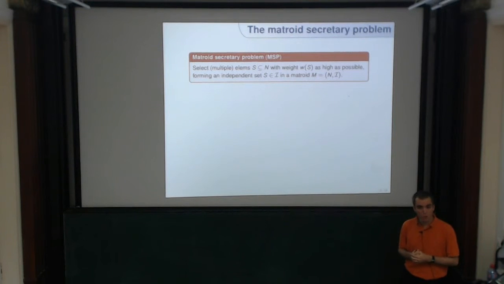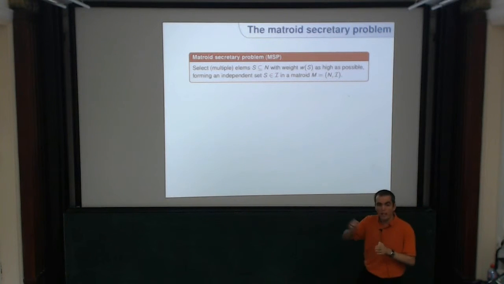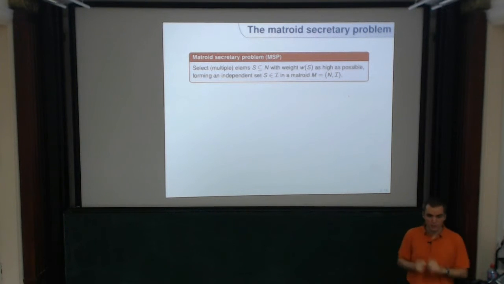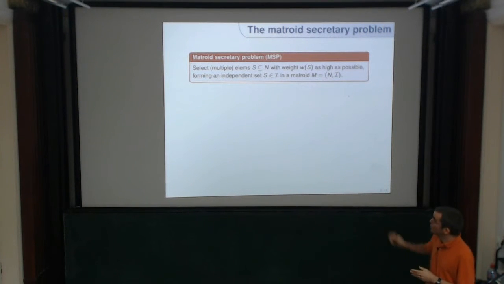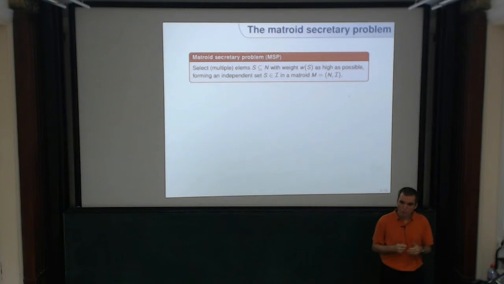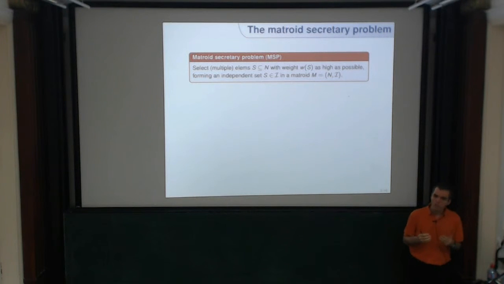In particular, versions where you can hire more than one secretary. Now I will use equivalently the word secretary and elements, and sometimes in the shown example we'll talk about clients, just to highlight this mechanism design connection, but it's all the same. So pick your favorite notion, and that will be fine. In the matroid secretary problem, you're given a matroid on the ground set as well. And you can hire secretaries, more than one potentially, but they should be independent in the given matroid. That's the condition. We have to be somewhat specific about how precisely I'll give you that matroid. Let me come back to that later.